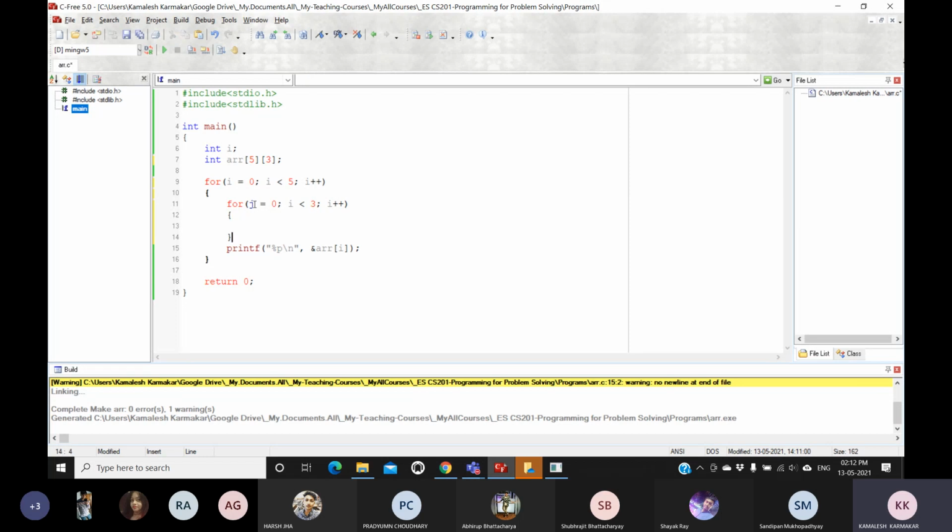And here I want to print the address of the element at position ij. So I have to declare another variable j.